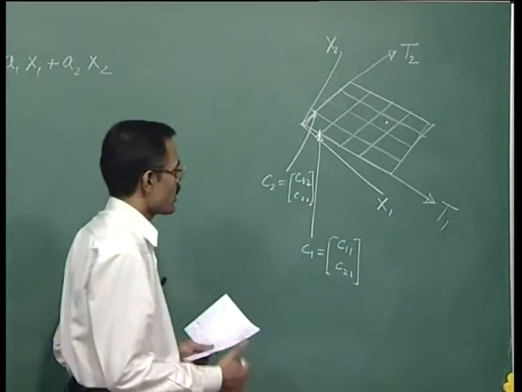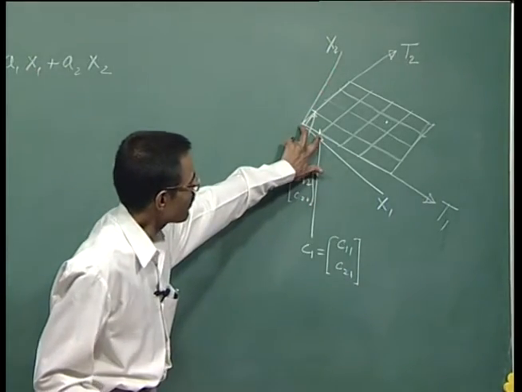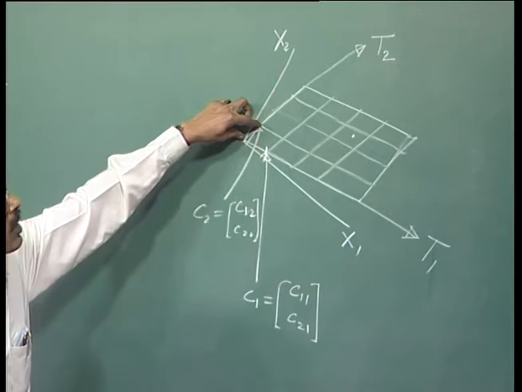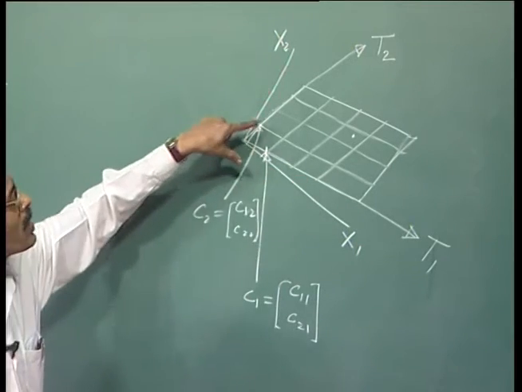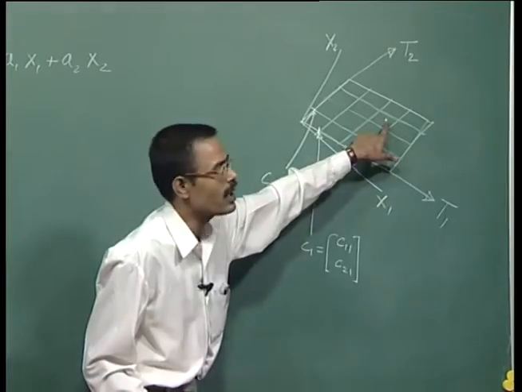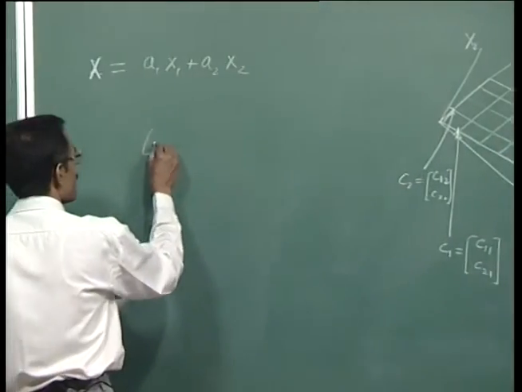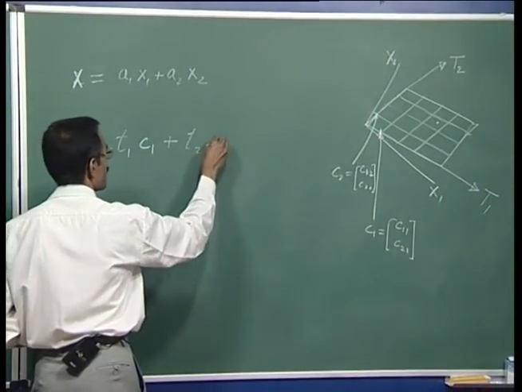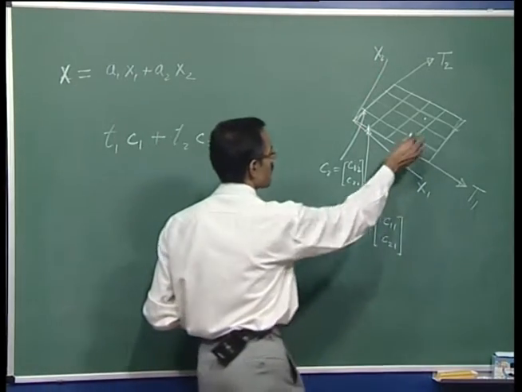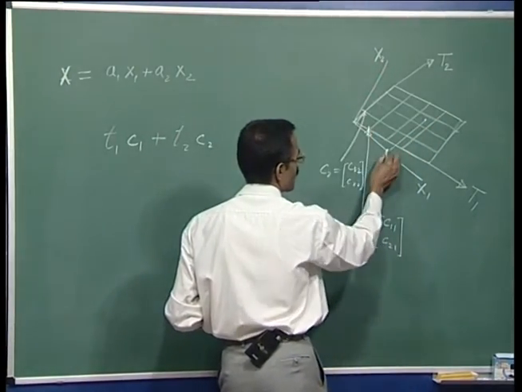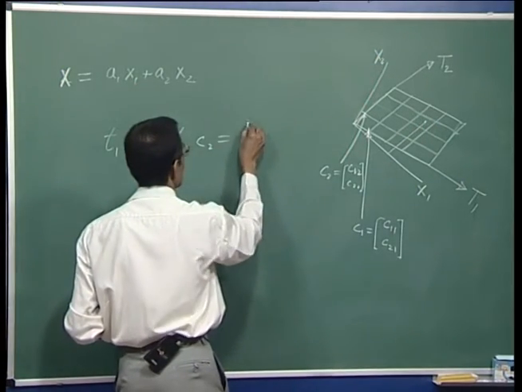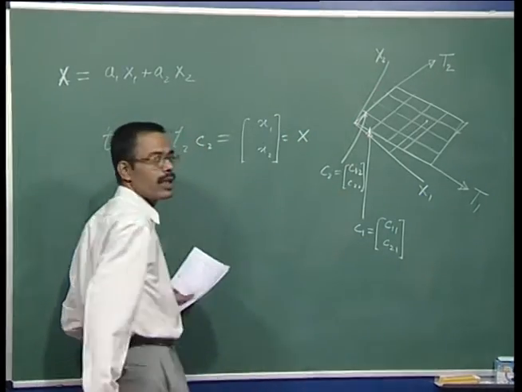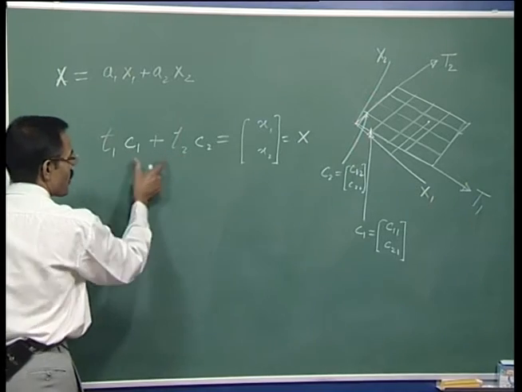Like this. Now, we have this movement as a vector C1, this movement as another vector C2, and now we want to find out how many C1 movements and how many C2 movements will take us here, right. So, then we say how many C1 movements plus how many C2 movements will take us here, x1 x2. Right. Now, this left side we can write like this.